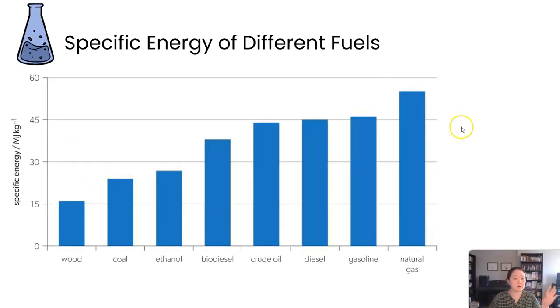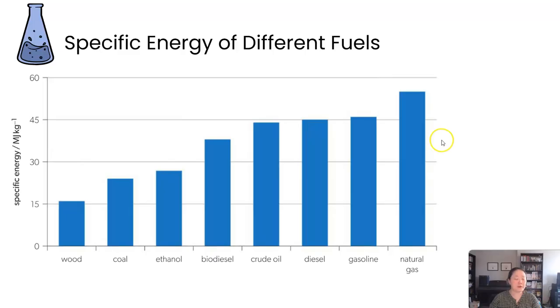So here we go. We have a bunch of different fuels, and you can see that some of them have a bigger specific energy than others. So as you can see, wood and coal, those ones are solid when you start using them, and so these do have those lower specific energies, whereas natural gas is in gaseous form, and so this has a higher specific